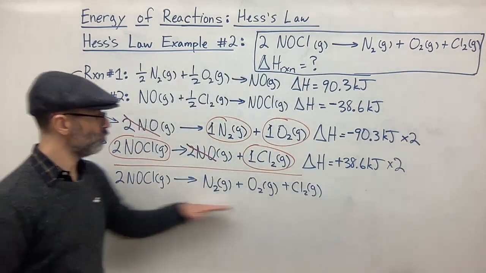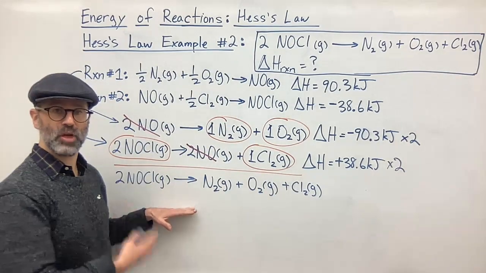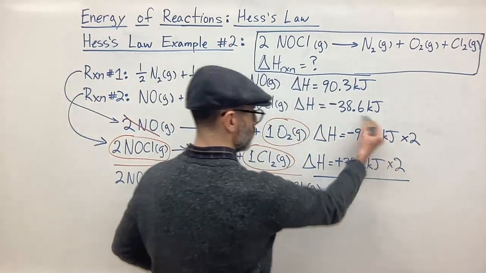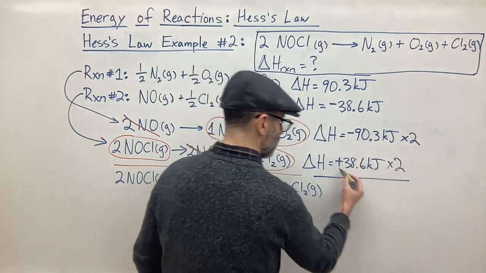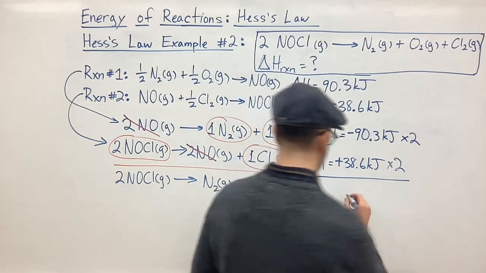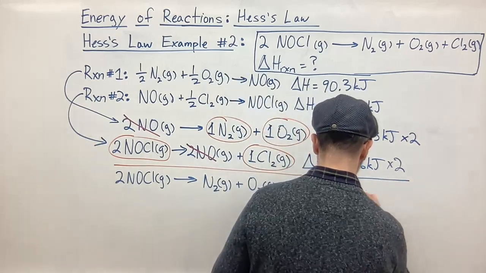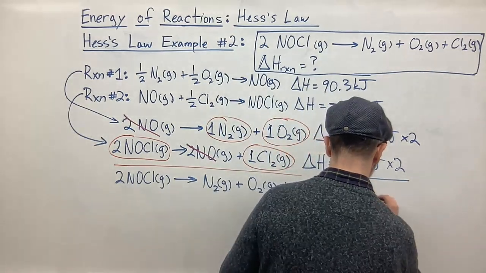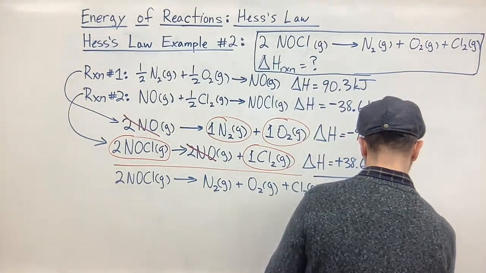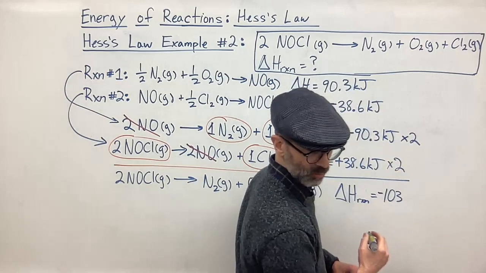So to get the delta H of my resulting equation, I add these together here. So I multiply this by 2, I multiply this by 2, and I add together, and I get the final delta H of my new reaction is equal to negative 103.4